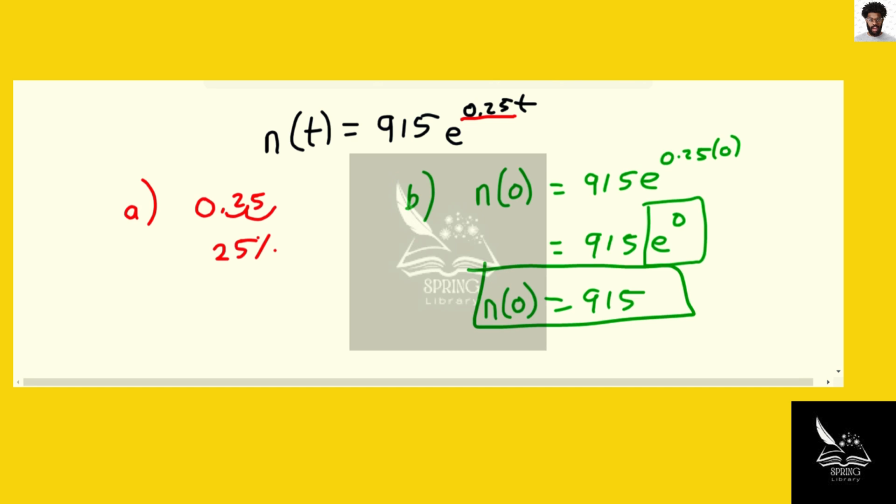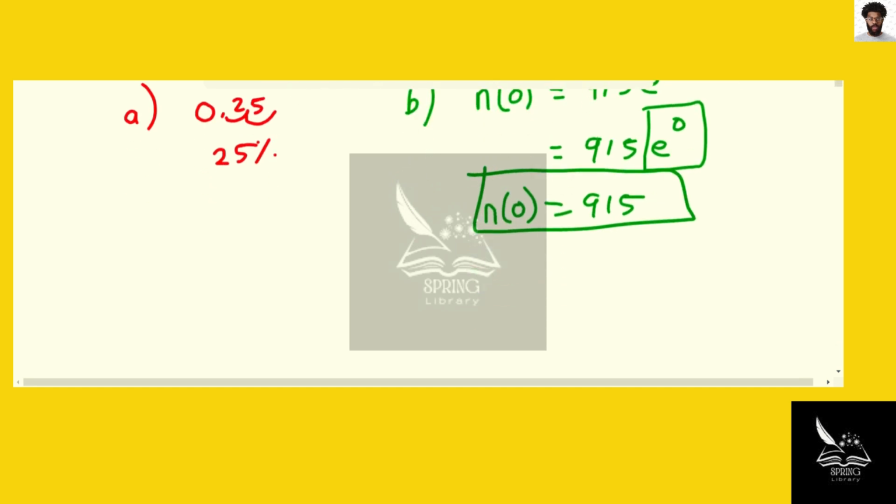Lastly, what we want to do is figure out how many bacteria there will be when t is equal to 5. So in this case, we're going to substitute in 5 for t. So we're going to have n of 5 equal to 915 times e raised to the 0.25 times 5 power. So in this case, we can go to our calculator. We'll do 915, then our base e, or our constant e, I should say, and for our exponent, we'll have